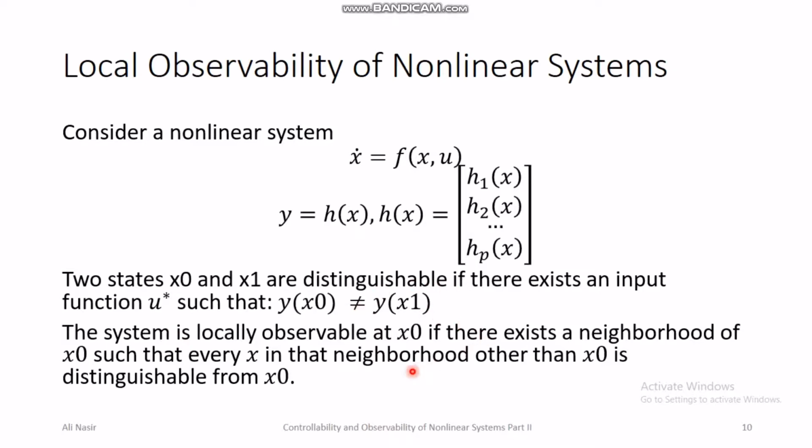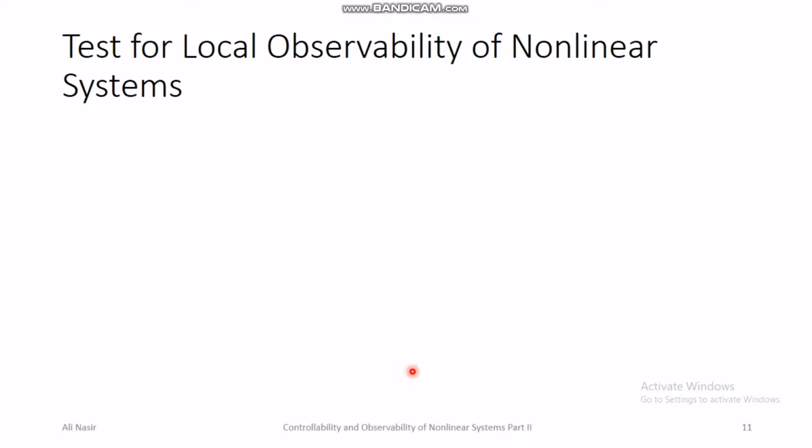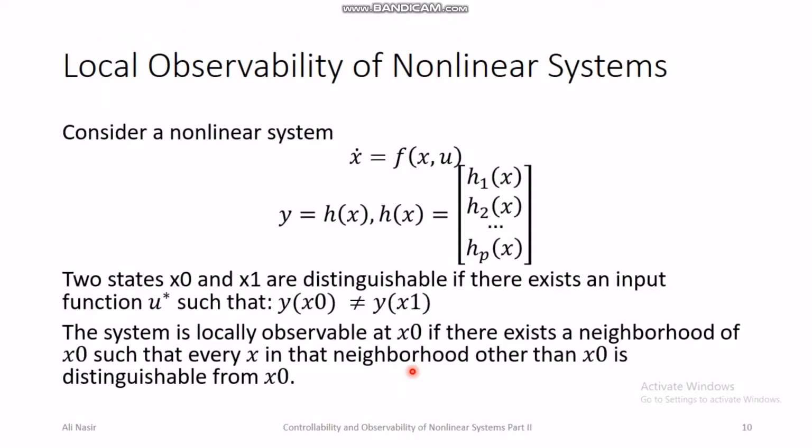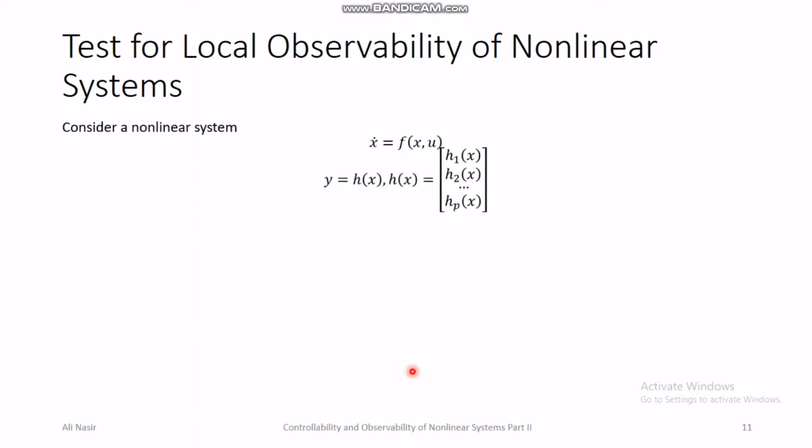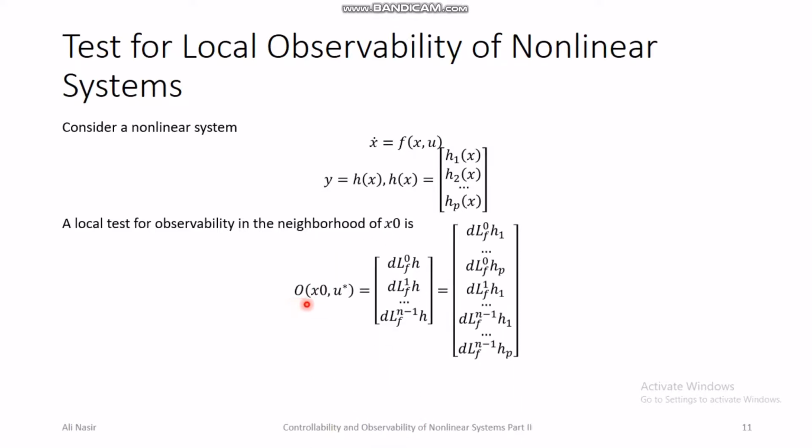Okay, so the test for local observability of nonlinear systems. This is the definition of observability, and now we are going to look at the conditions under which we could say that the nonlinear system is locally observable around any point x naught. So consider a nonlinear system, the same one, x dot equals f of x, y equals h of x, where h of x could be a p cross 1 vector of nonlinear functions. The local test for observability in the neighborhood of x0 is that the matrix O, which is a function of x0 and some control input u star,